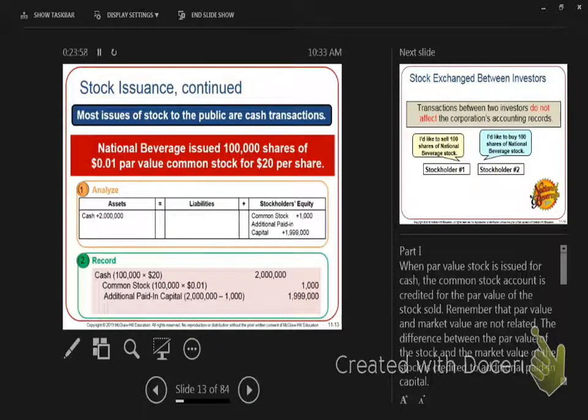The reason is this. What is the stock price going to be tomorrow? We don't know. Or the next day? We don't know. If I were to put $2 million in common stock and the stock price fell to $17 tomorrow, isn't the common stock account going to be overstated? So therefore, my financial statements will be inaccurate. Is that correct? Yes. So I can't put common stock, a permanent account, at a value that is inaccurate, that is going to actually change daily.